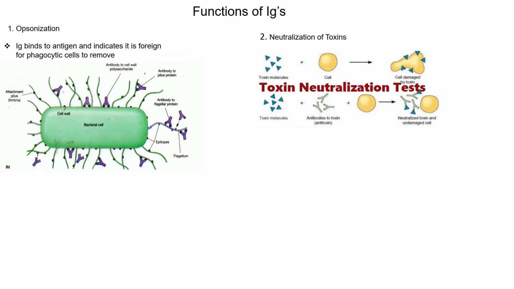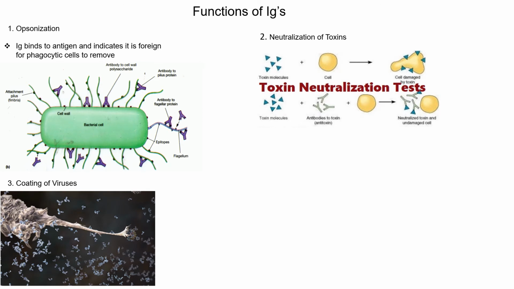Now, when it comes to viruses, antibodies will do something similar, but we now call it the coating of viruses. Viruses, remember, are very small, not much bigger, if they're bigger at all, than the molecules that make up the toxins. And so now again, what's going to happen is that the virus is going to be covered with these antibodies, preventing adsorption. Without adsorption, there's no lytic cycle. Without the lytic cycle, the viruses cannot produce disease.